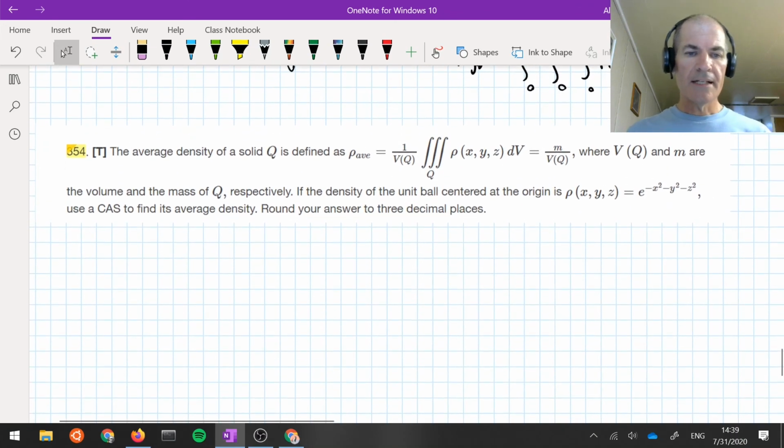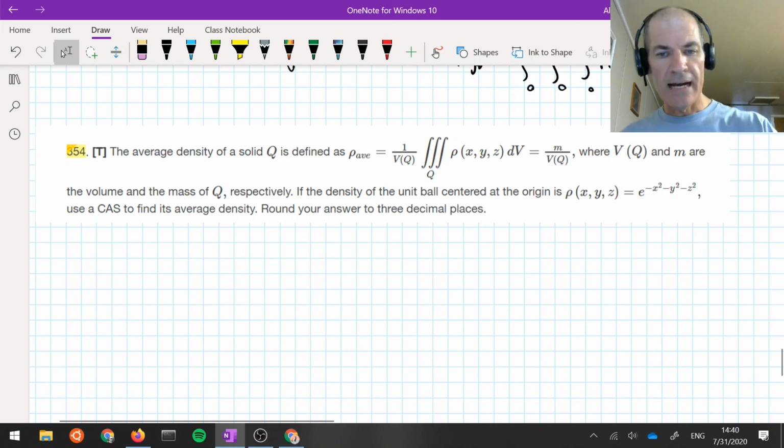All right, last exercise. The average density of a solid can be computed by integrating the density function and dividing by the volume. So we're asked to do this if the density of the unit ball is given by this expression. We're going to use Sage to find its average density. All right, the average density, rho average,